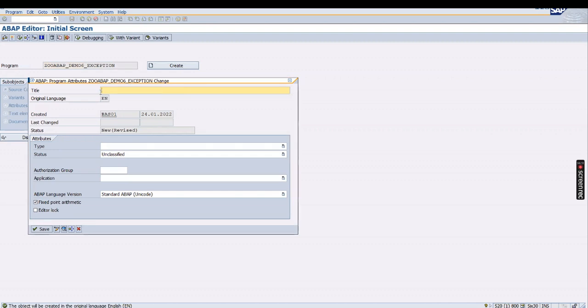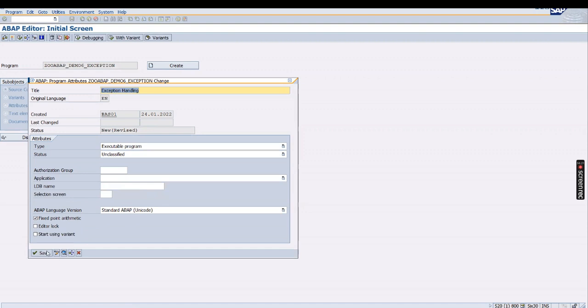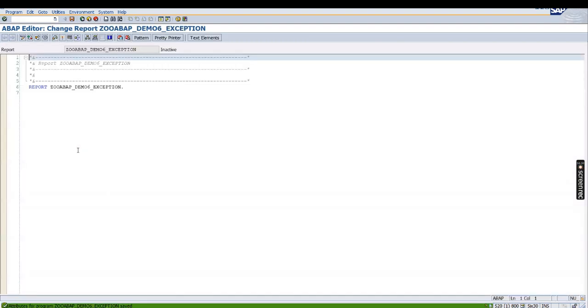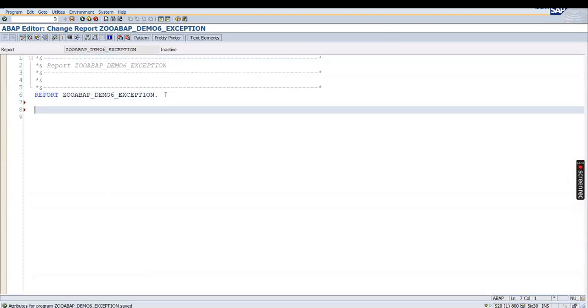Click on this create button, and we are going to see the exception handling. Exception means short runtime dump. So if some dump is coming with the exception, how we are going to tackle that? So come here, and we are going to create some class. A very popular example for exception we already know: whenever we divide anything with 0, it's going to give us the exception. So let's create one class